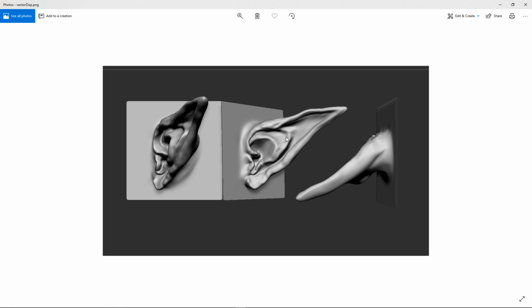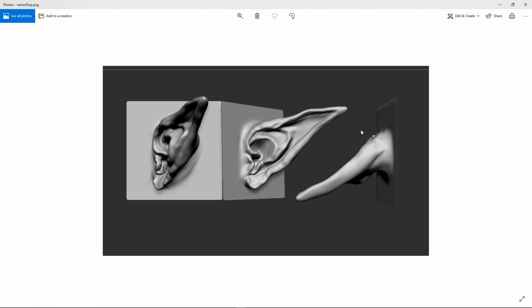Vector displacement maps are kind of like displacement maps, but kind of what a normal map is to a bump map. So with a regular displacement map, it just goes straight up and down. The cool thing about a vector displacement map, again, it contains RGB, so you can have different kinds of displacements having curvature, having things that occlude each other and then extrude on top of that.